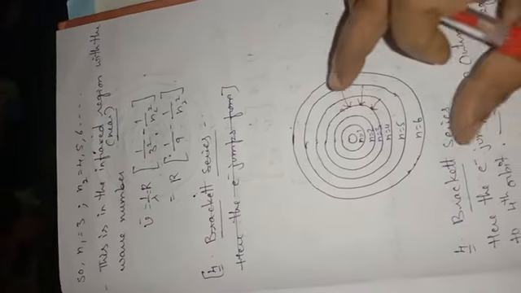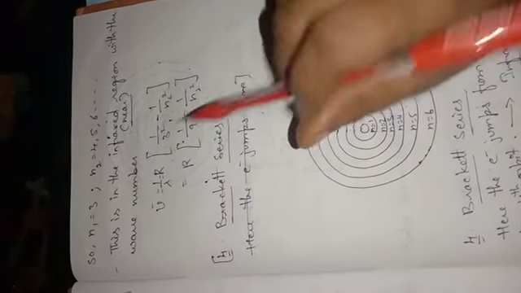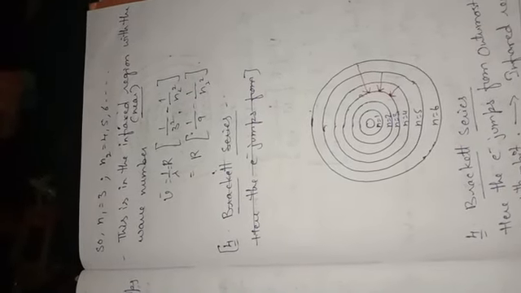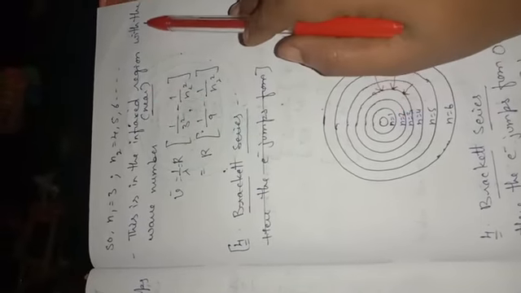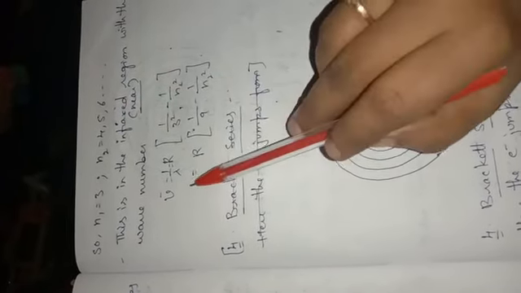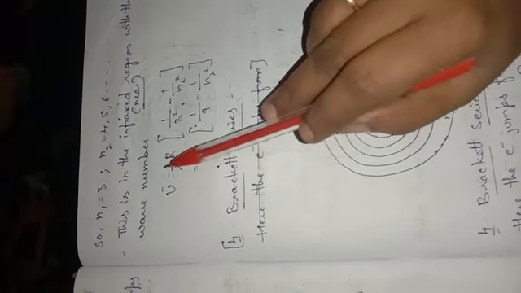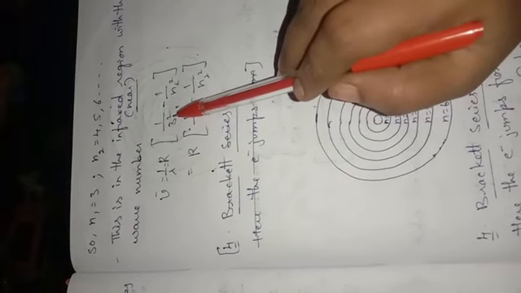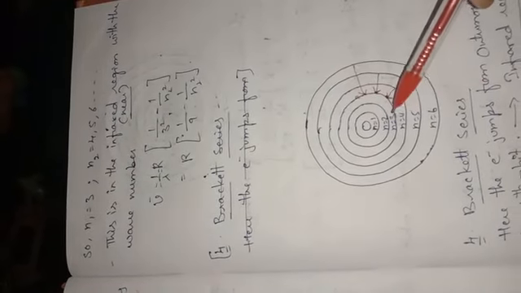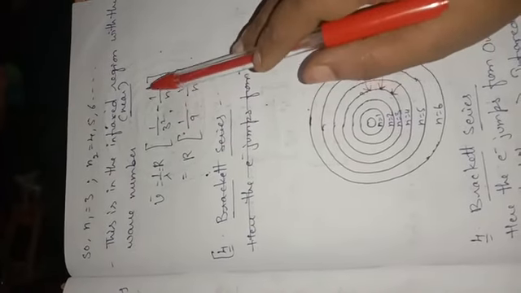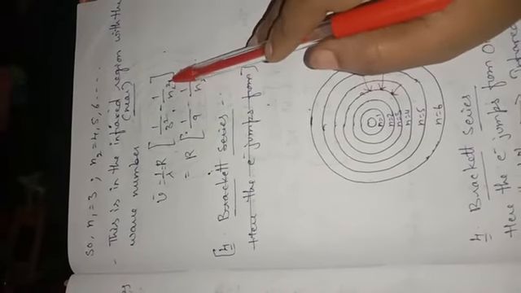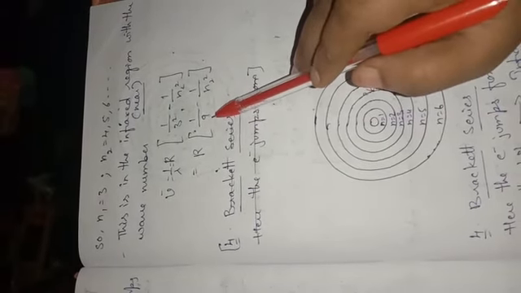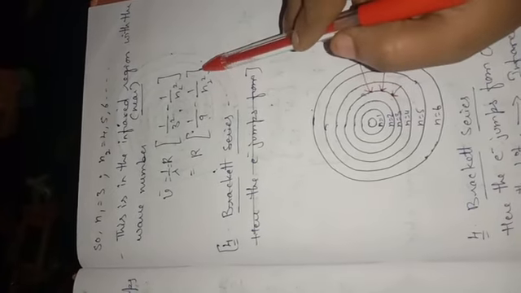Understand, children? So this series was observed in the near infrared region. So these spectral lines were observed in the near infrared region. So to calculate the wave number, what is the formula you are going to get, children? Nu bar equals 1 by lambda equals R into 1 by 3 square. Why 3 square? Because it is n1 square. n1 here is 3. So 3 square minus 1 by n2 square. Understand, children? So that is nothing but R into 1 by 9. 3 square means 9, 3 into 3, 9. Minus 1 by n2 square.